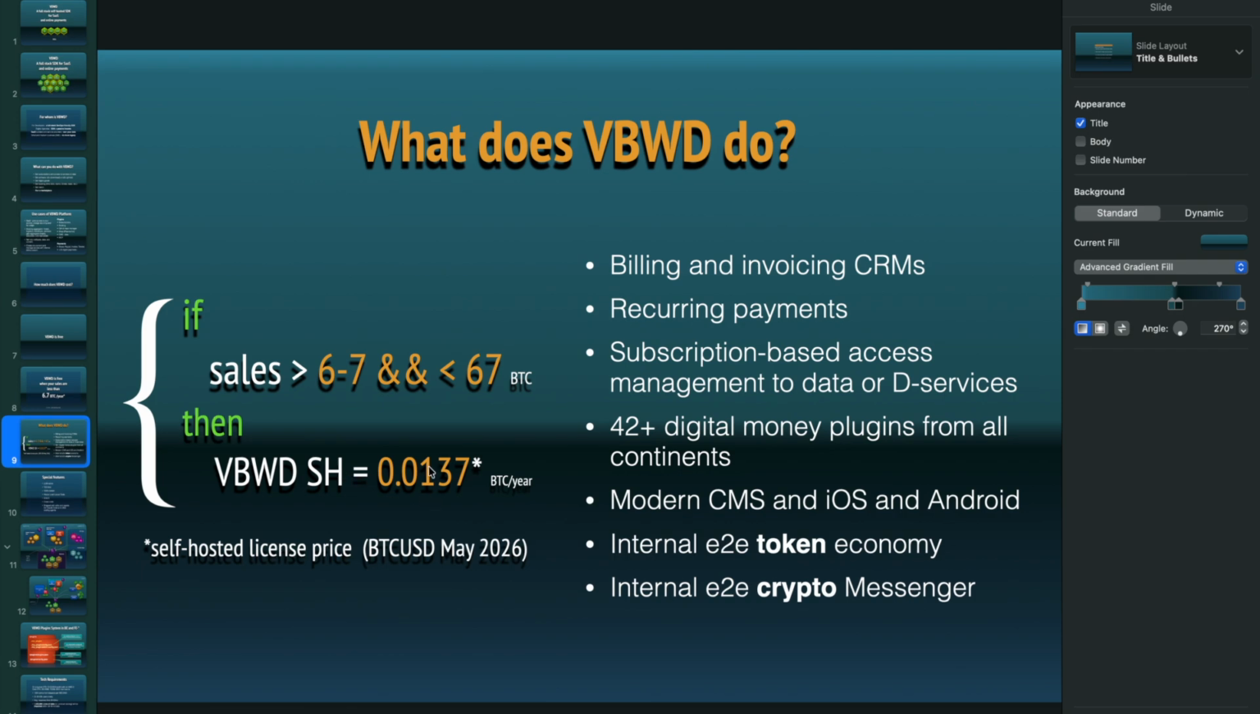Okay, again, it's not too much. If you have between 6-7 and 67 bitcoins a year, then your yearly license for self-hosted VBWD will be only 0.0137 bitcoins a year, which is literally something about $600 as of May 2026. So, what do we do with this